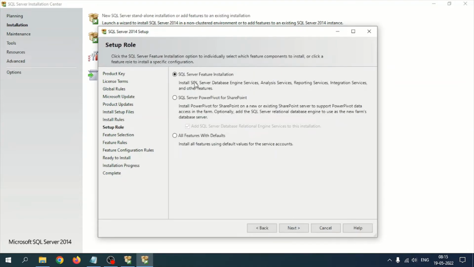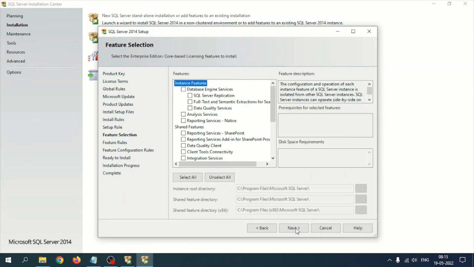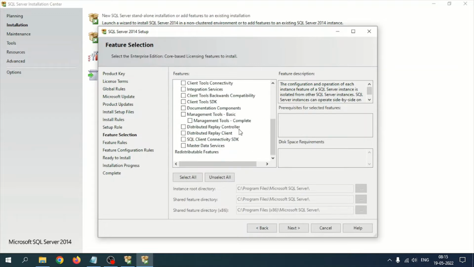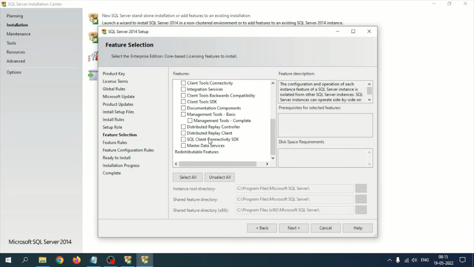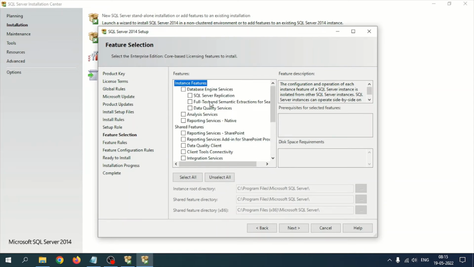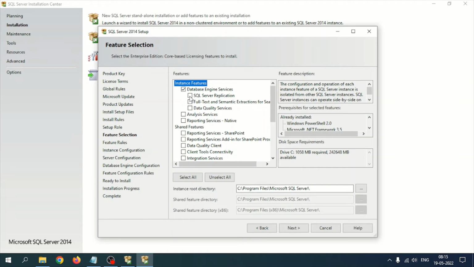SQL Server feature installation is there, so I'm clicking on that. Go to the next. What features am I selecting? Go through that and be careful about the selection. I can select all and it will install all the features, but in this case, for the database only, I need some features. I'm clicking database engine services, SQL Server replication, full-text, and analysis services,